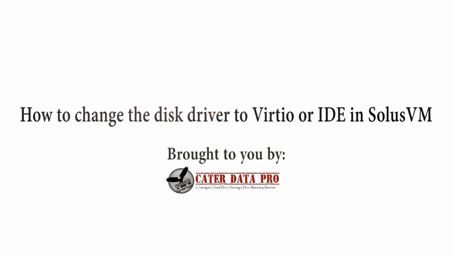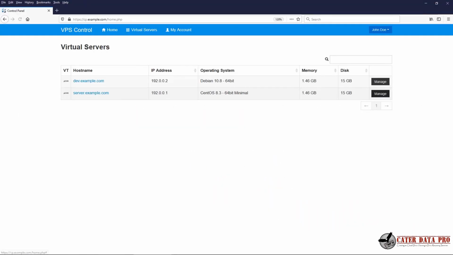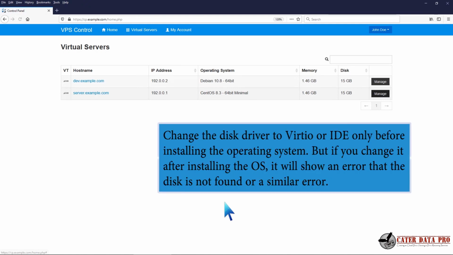How to change the disk driver to Virtio or IDE in SolusVM. Change the disk driver to Virtio or IDE only before installing the operating system. But if you change it after installing the OS, it will show an error that the disk is not found